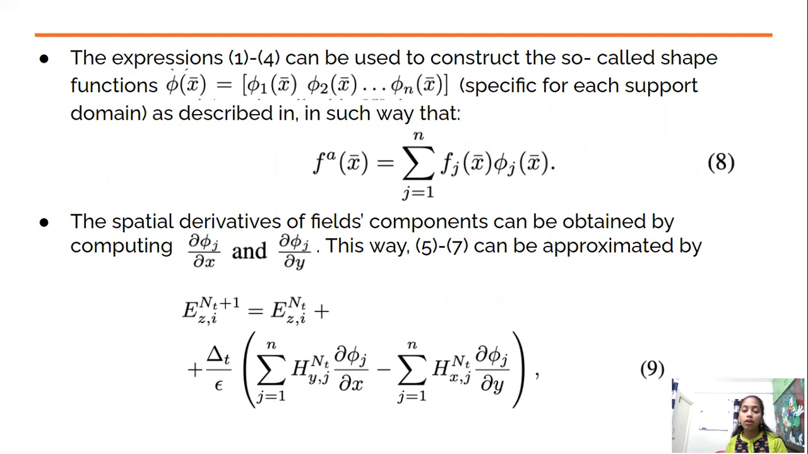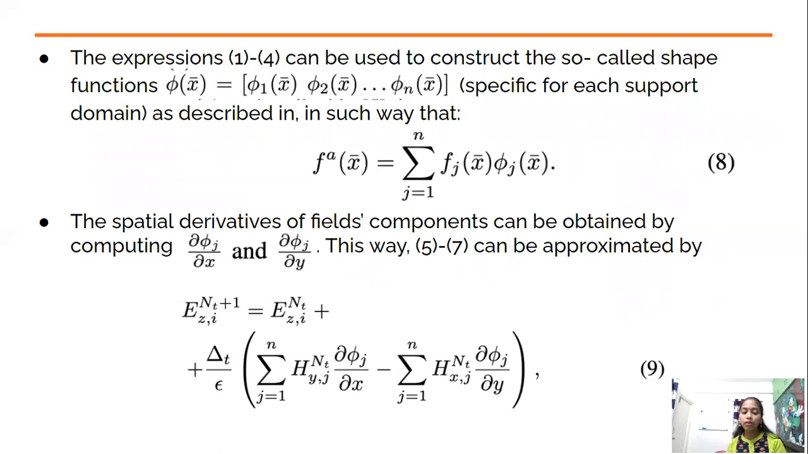Phi of x bar equals phi 1, phi 2, and so on till phi n, specific for each support domain, described in such a way that f of x bar equals the sum over j equals 1 to n of f j of x bar phi j of x bar. The spatial derivatives of the field components can be obtained by computing the derivatives of phi j with respect to x and y. This way,